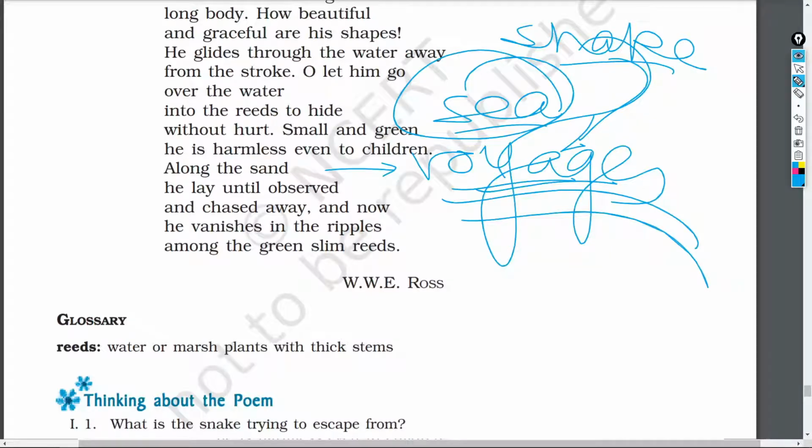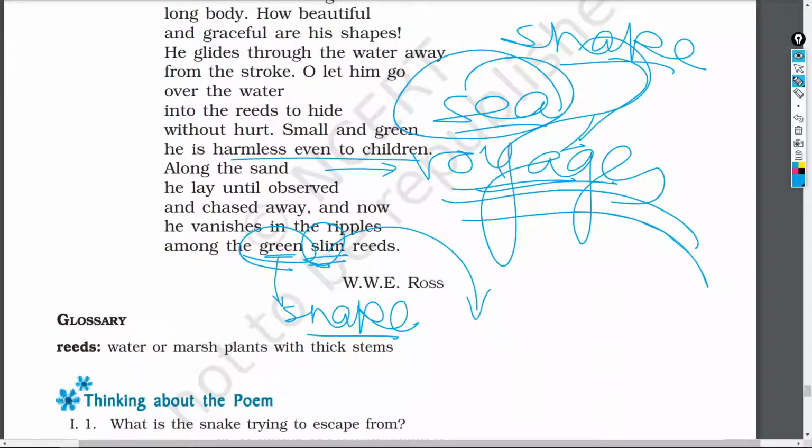So this voyage continues. So along the sand he, okay, a small and green, he is harmless even to the children. Along the sand he lay until observed and chased away, and now he vanishes into the ripple among the green slim reeds. देखिए, ये जो स्लिम है ना, ये स्लिम मतलब क्या है? This slim and green, ये दो वर्ड जो है, ये देखिए, this green is used in the case of the snake also, है ना? स्नेक भी कैसा है? कलर क्या है? ग्रीन है।